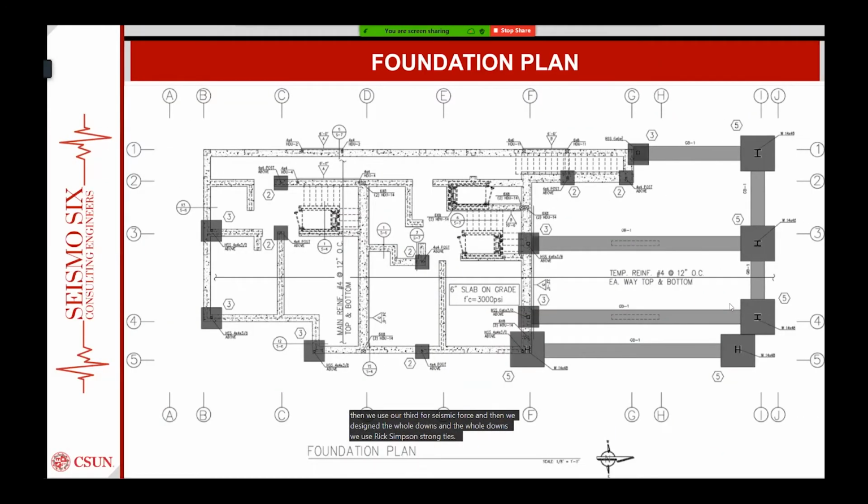So now we're going to discuss a little bit about our final framing plan. We're starting with our foundation plan. So we used continuous footings for all of our exterior walls as well as our interior walls. And then for our columns, we use pad footings. And then because of the garage and the obvious openings, we aren't able to use shear walls. So we used moment frames, and in the east-west direction, we used a 2-bay ordinary moment frame. And in the north-south direction, we used a 1-bay moment frame. And those are kind of denoted by